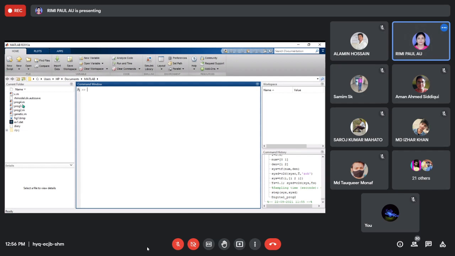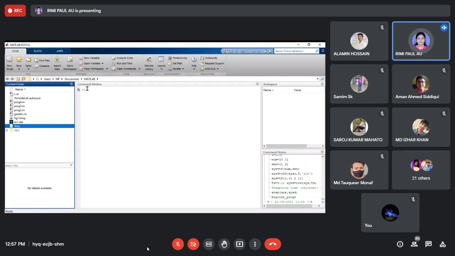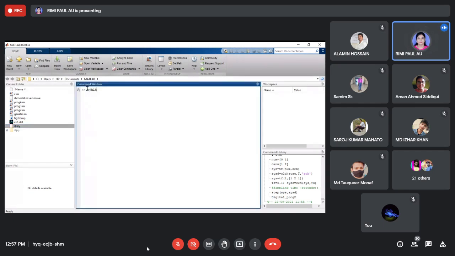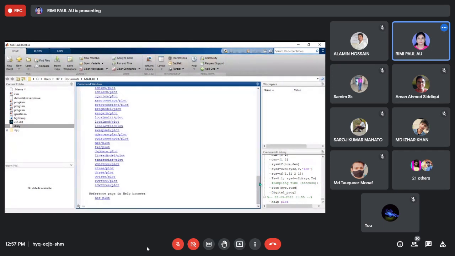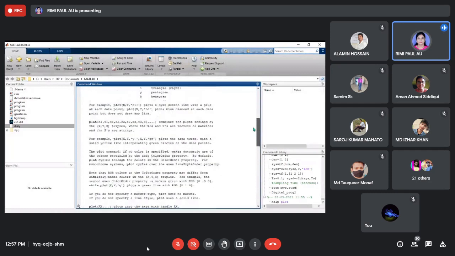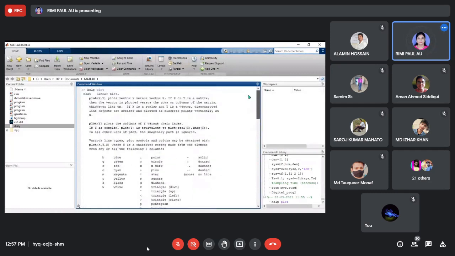And here, these are three windows. You can see the command window, the workspace, the command history. Now in the command window, I can write something, and suppose I write here help plot. So you can see that we have got something.